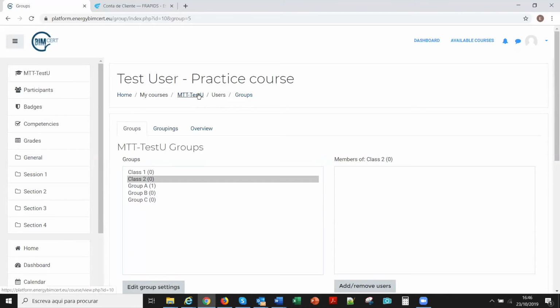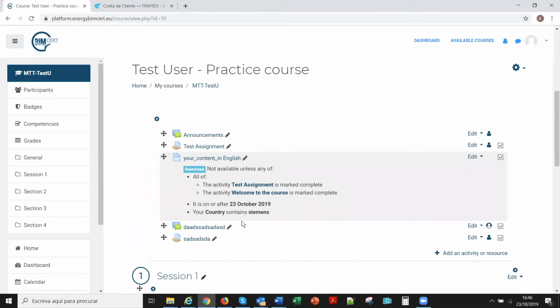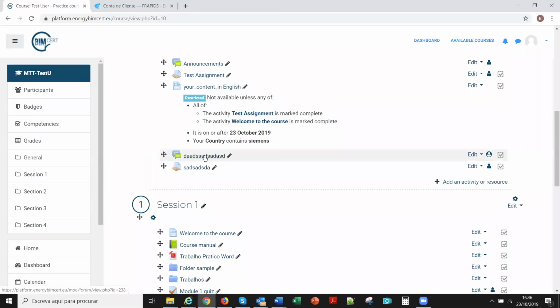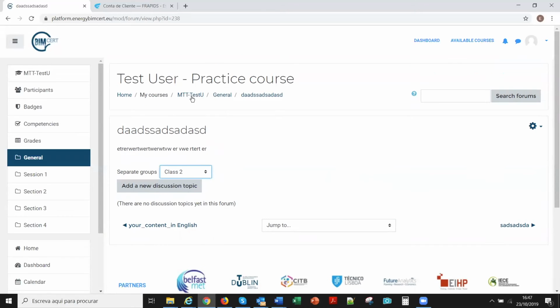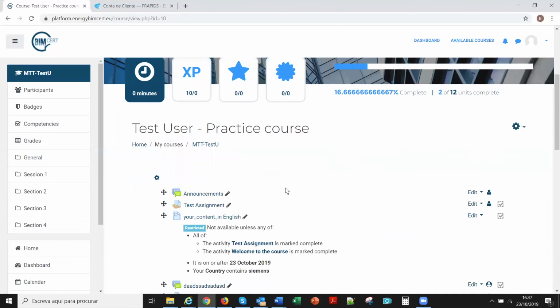Moodle doesn't understand that, and what is going to happen if I enter here a forum that has separate groups? You will see here the class 1, class 2 group, group A, group B, group C groups. So this doesn't make any sense, and the same happens on the assignment. If I move to the assignment,